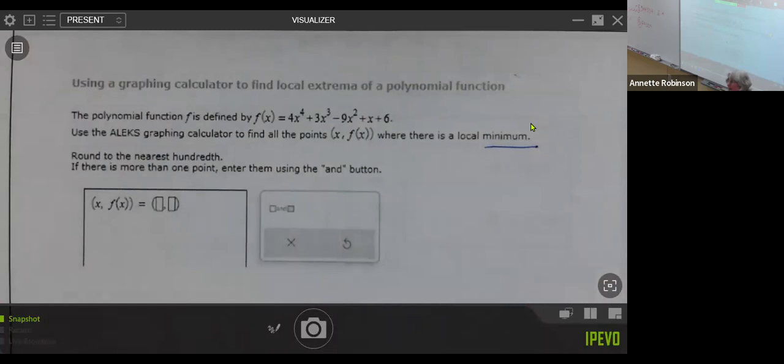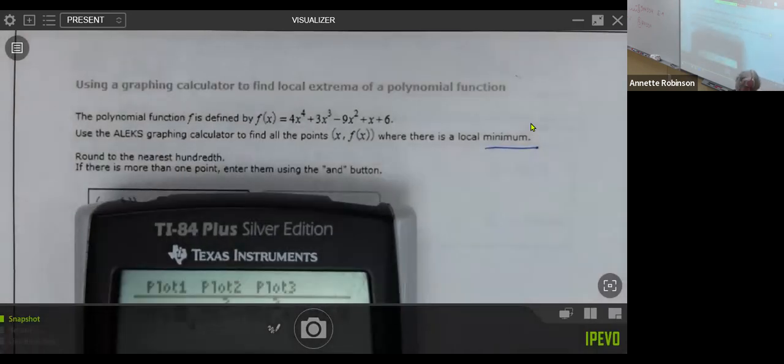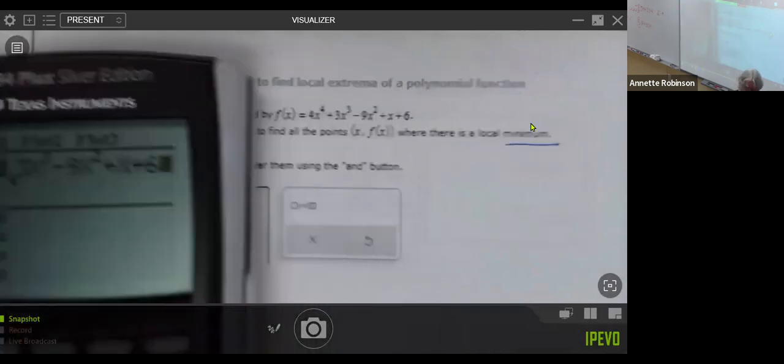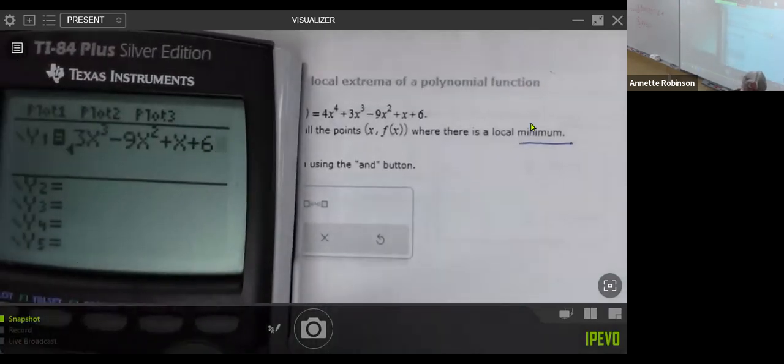And if you want to clear out that last one, just hit the clear button. Of course, to raise it to the fourth, you're going to have to use the caret key. We do not have a special place for that. And so that's what it looks like on my calculator as an equation. I'm sorry. And if I hit graph,